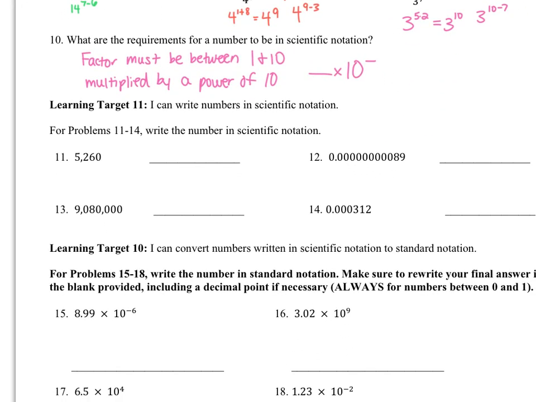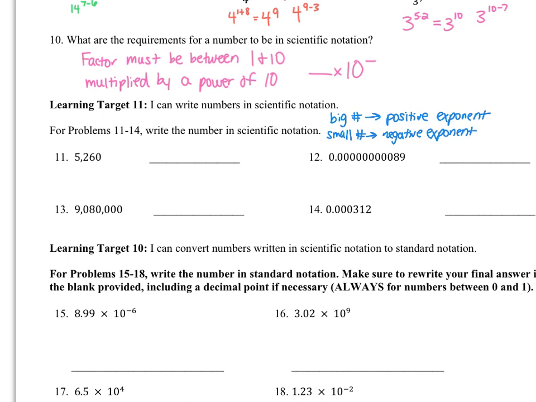Next part is learning target 11. I can write numbers in scientific notation. So we are going from standard notation to scientific notation. When you do these problems, remember you should first identify whether the number is big or small. This first number is big, and the reason we do that is because big numbers will always have a positive exponent, because you're multiplying by 10 and making that number bigger. And small numbers will always have a negative exponent because that means you're dividing by 10, which means you're making